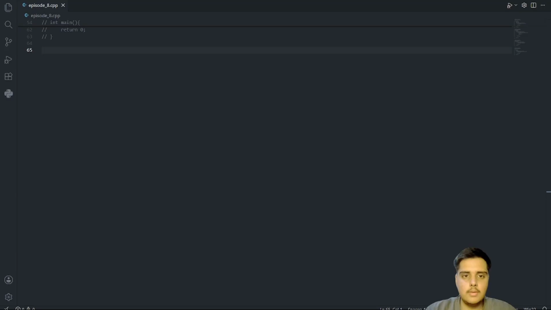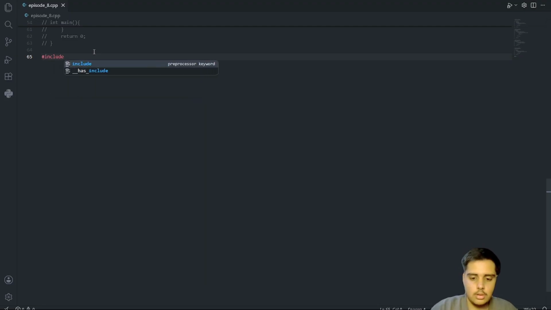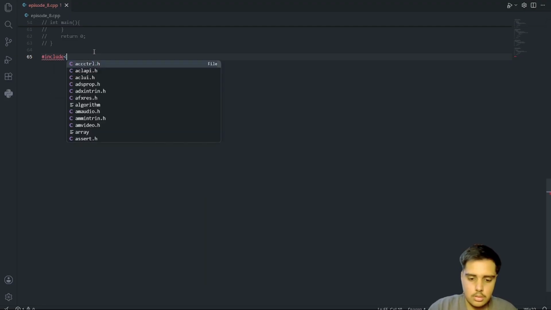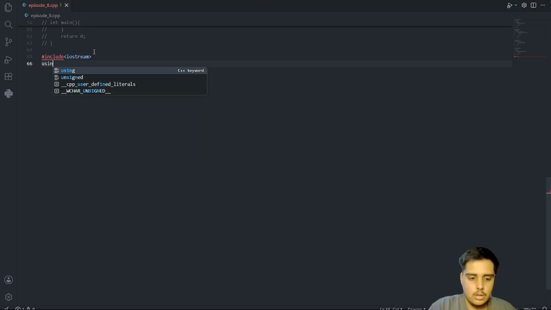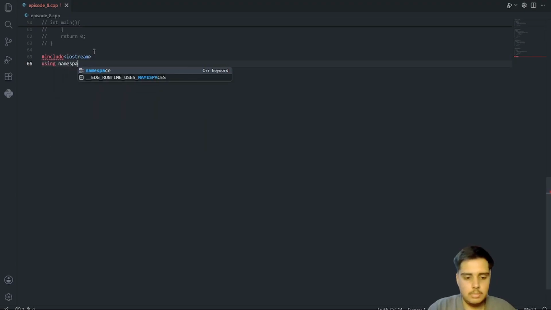So for this reverse alphabet triangle, firstly let me write #include <iostream>, using namespace std. Let me add a space here.